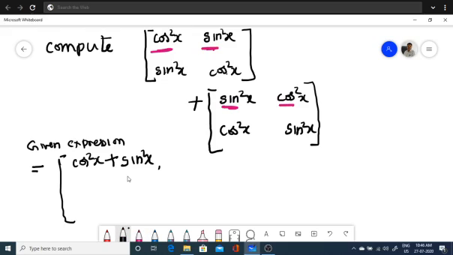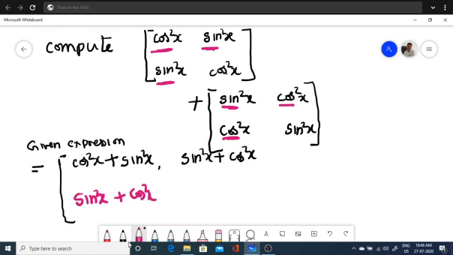So sin square x plus cos square x, and the corresponding element of sin square x is cos square x. So sin square x plus cos square x, and the corresponding element of cos square x is sin square x. So therefore, cos square x